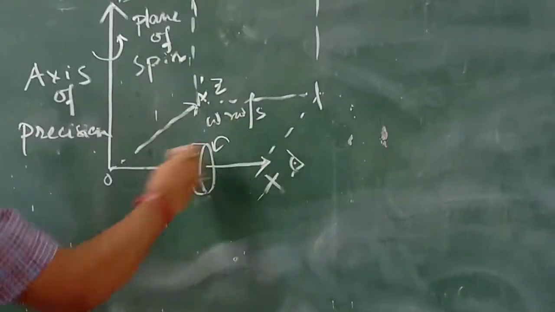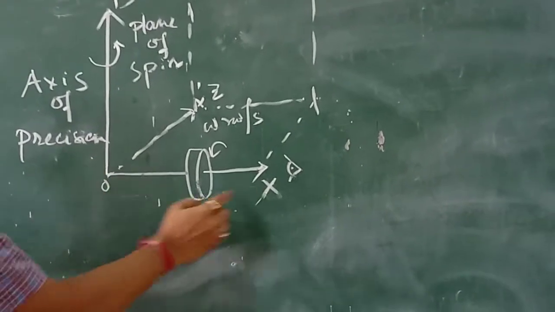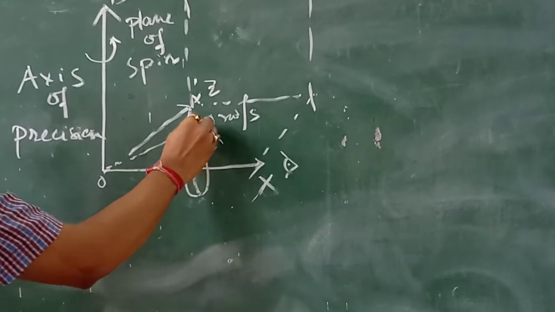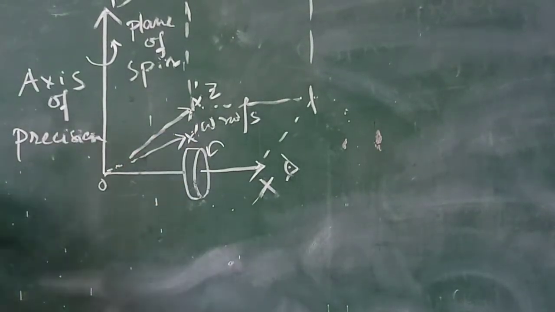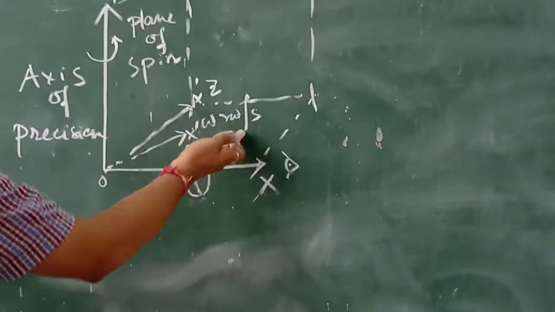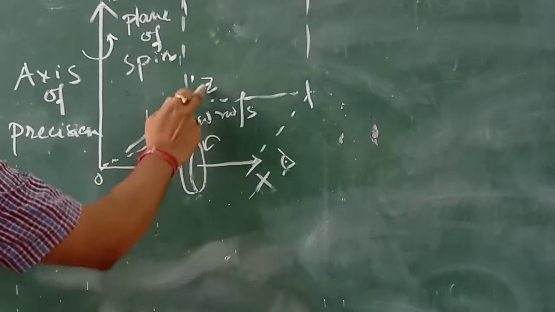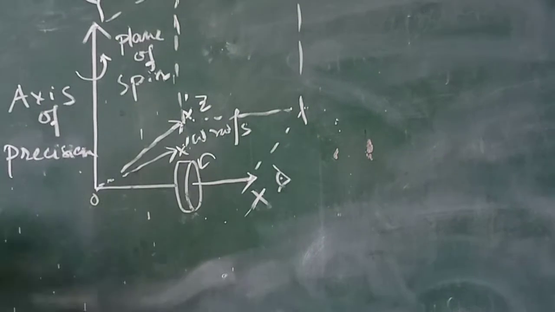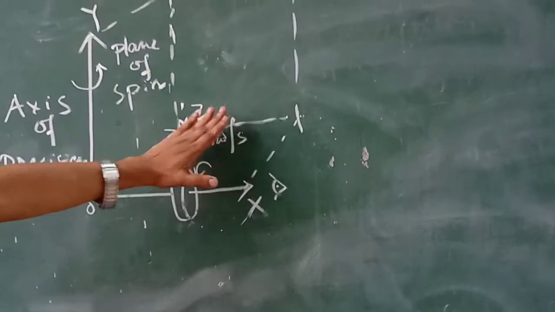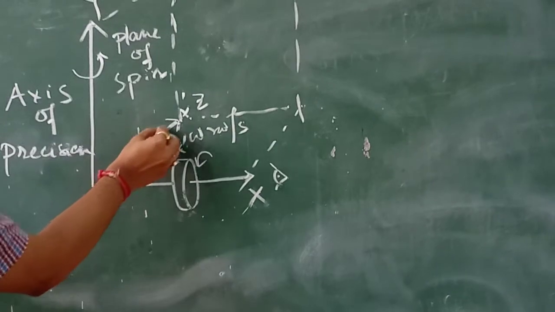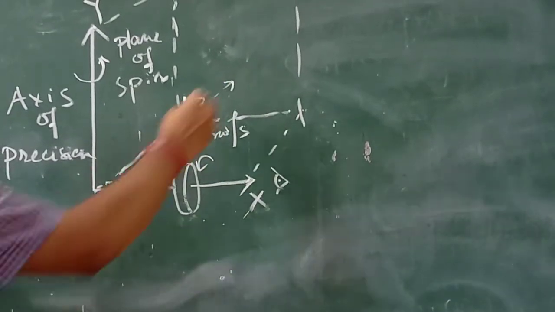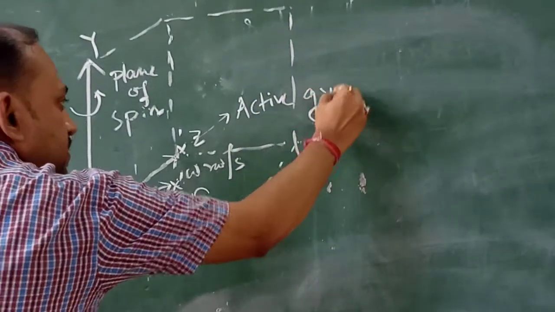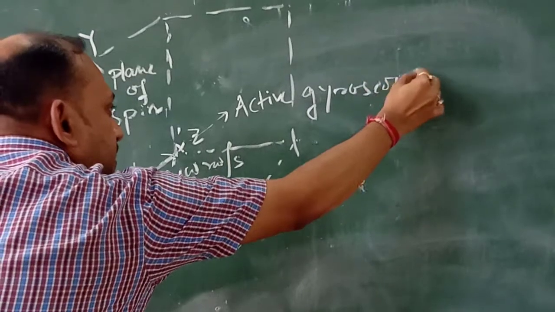And if I want to change the angular velocity, obviously the new axis of spin will assume a position here, suppose OX dash. So what is actually happening? This plane, that is OZX, becomes the plane of gyroscopic couple, because I am applying a torque here. So this is changing. This direction OX that we are talking about is the direction of active gyroscopic couple.